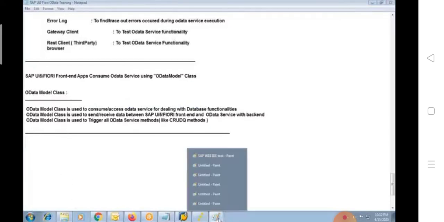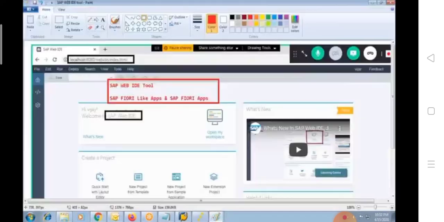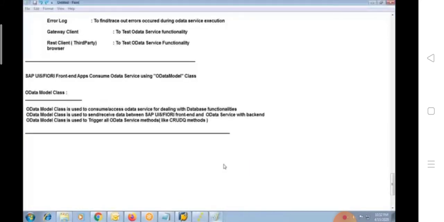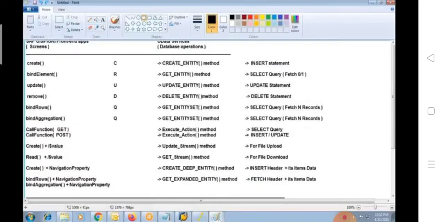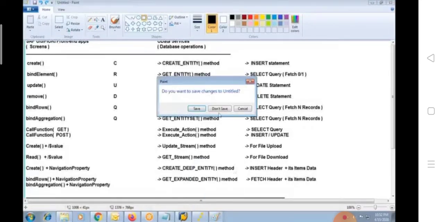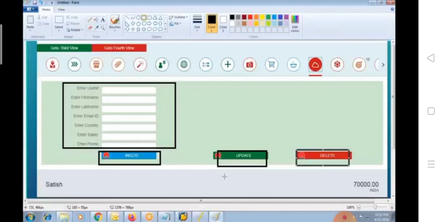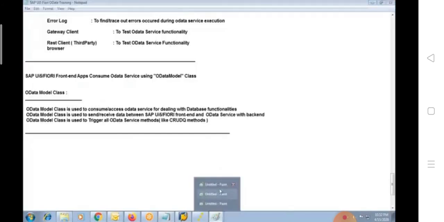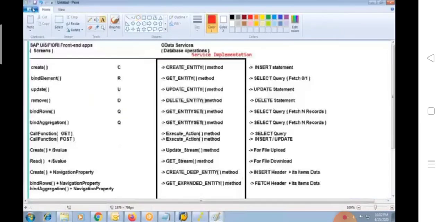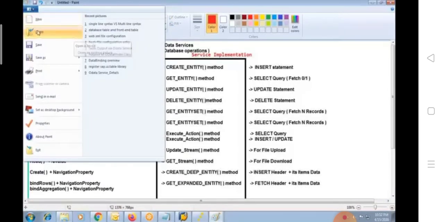Okay, so I'll just save this and I'll stop for today's session. Let me just close this. This is already in the note file. This is not required. This we are going to do practically, so I need not take that screenshot. Okay, let it be here.